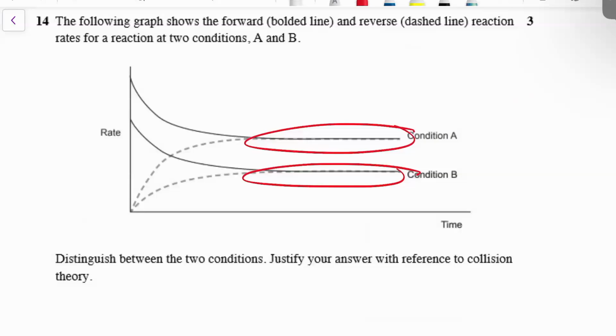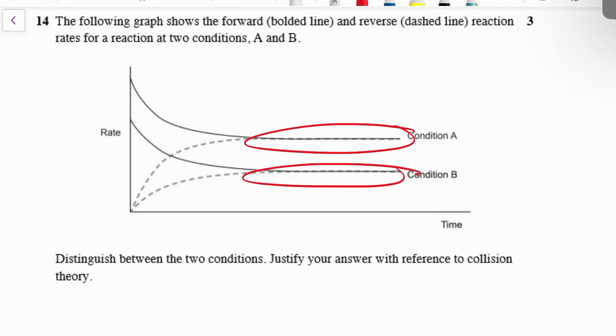The rate at which they reach equilibrium is different. Yeah, so they reach equilibrium at the same time. It's just that one happens faster than the other. So what might cause the reaction to go faster? A catalyst? Yes, a catalyst? Something like temperature, maybe? Yeah, it could be a catalyst, could also be